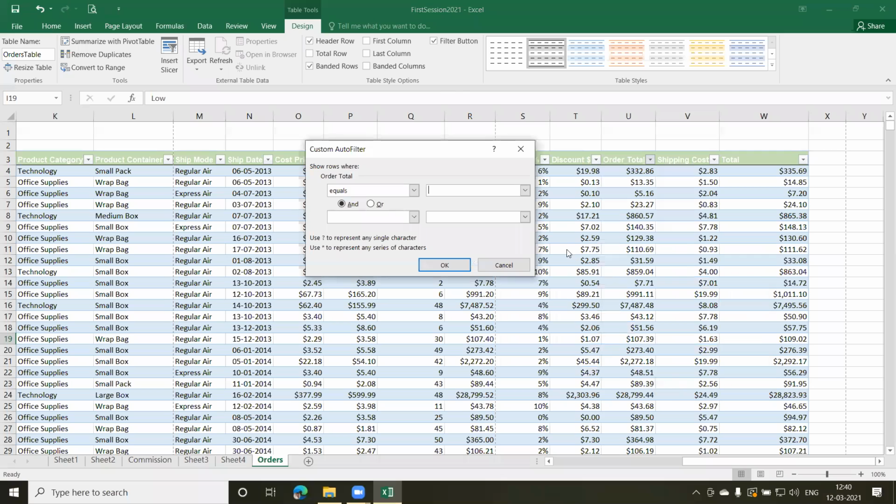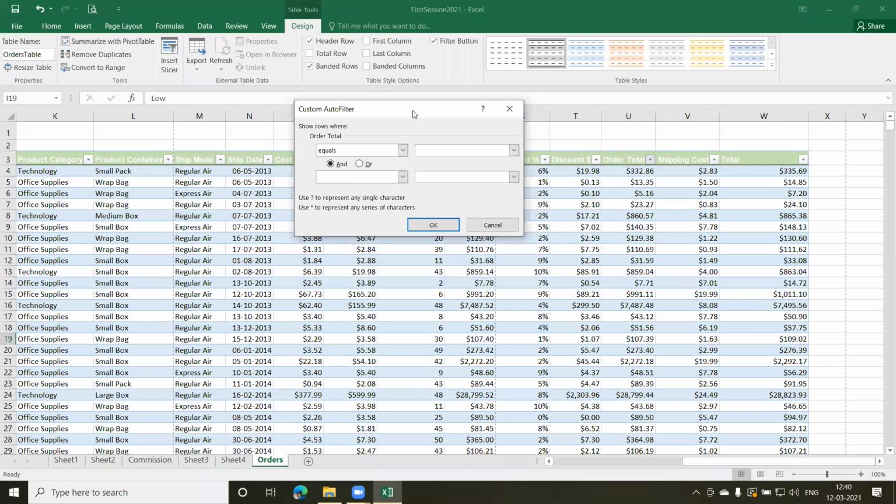Now here we have a dialog window which gives you the custom AutoFilter. When you click on this drop-down, you'll find all the options available. So here we have all the options. Now, because I'm on order total, I want greater than, let us say, 20 or 50. Greater than